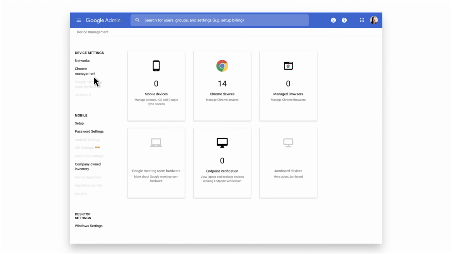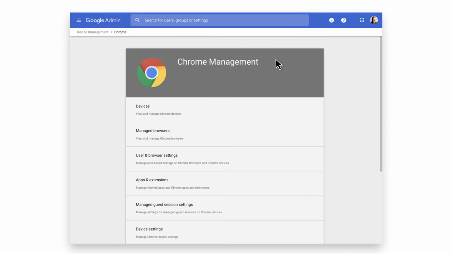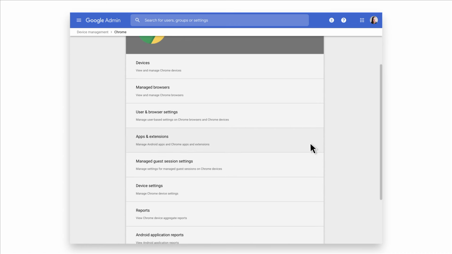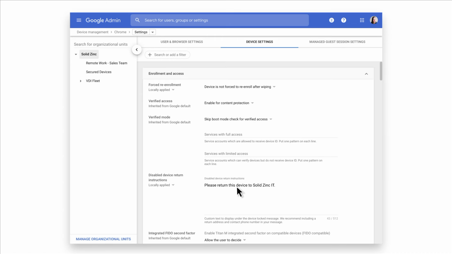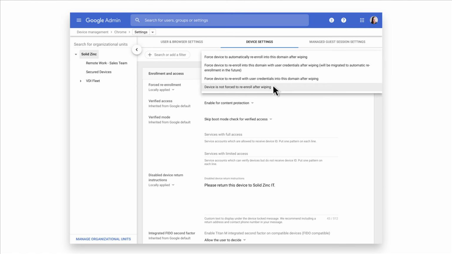On the left, click on Chrome Management. Then click the Device Settings tab. Like most Chrome policies, these settings can be made at an organizational unit level, but in the interest of making the entire organization as secure as possible, we're choosing to set the policies at the root level to be inherited by the child OUs. Under Enrollment and Access, change the forced re-enrollment policy to force the device to automatically re-enroll